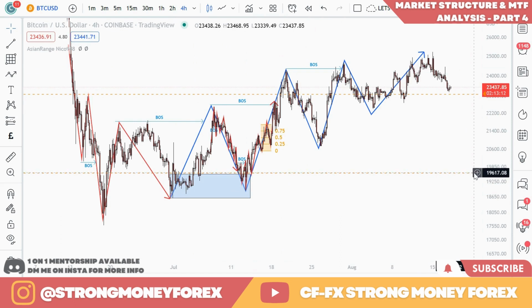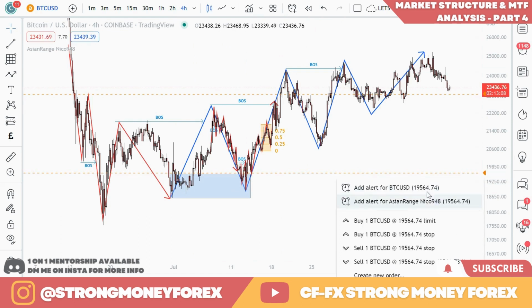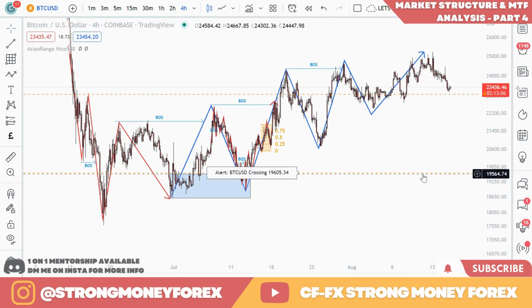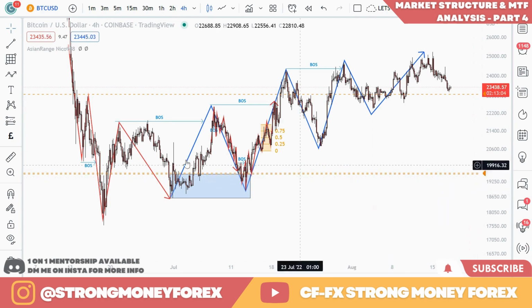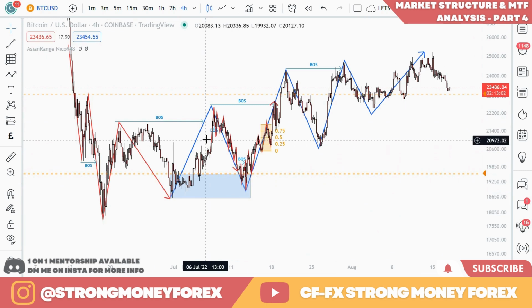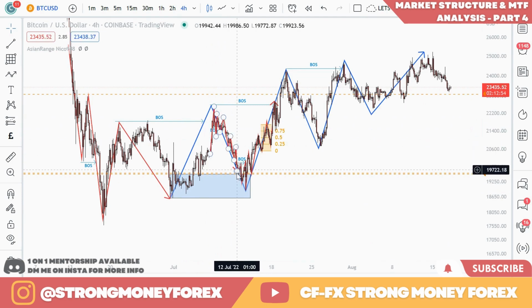You just hold your cursor where you want the alert to be. You click the little add symbol and click add alert. And as you can see, then it adds an alert in. So let's say price was up here and it was moving up. We know, and it starts to kind of move back down, break structure lower on the lower time frame. We then just set an alert and wait for price to come into there, and then we can walk away